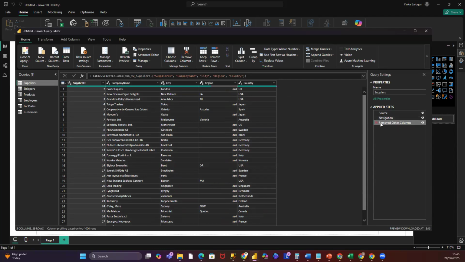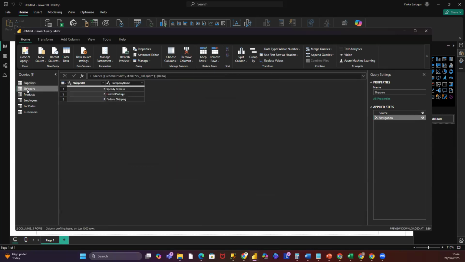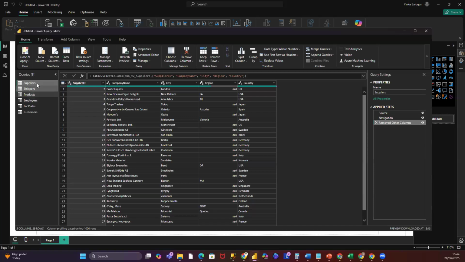And that step has been recorded here. It says removed other columns. That is the step, and this is now what I have. Nothing to do here again. Okay, we'll see when I get to my date table. And I can step back and that is that. So I've made a change, I'm okay with it. Now the next thing I want to do,